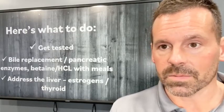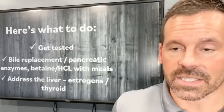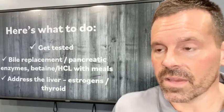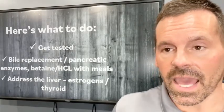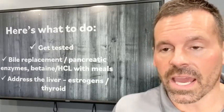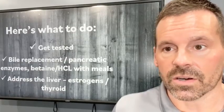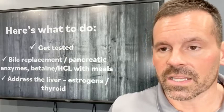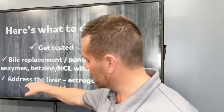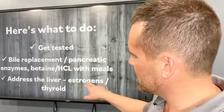Get on a bile replacement, possibly even a pancreatic enzyme. You may also need to be on betaine hydrochloric acid and start taking that about 5 minutes before meals. I know it sounds like an inconvenience, but you know what is an inconvenience? Having loose stool, running to the bathroom all the time, possibly having to wear a diaper, and having dry, itchy skin, and having absolutely no energy and being vitamin D deficient. That's going to affect your immune system and affect and regulate an autoimmune response. And then also address the liver, address the reason why it happened in the first place,